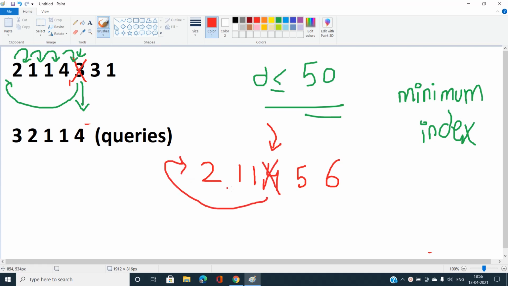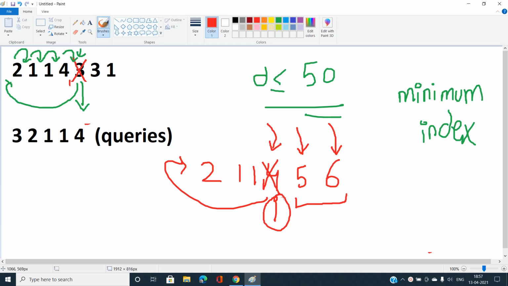Now, will the minimum index of 5 and the minimum index of 6 differ from their previous values? Obviously not, because these minimum indexes for these distinct colors are strictly greater than this index i. If these indexes are strictly greater than index i, then my answer will not differ for that particular distinct color.